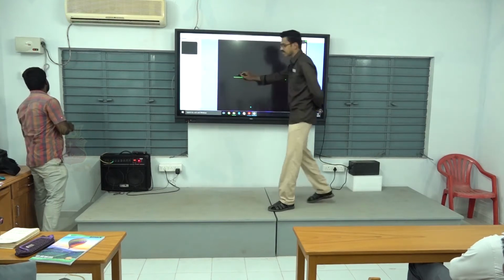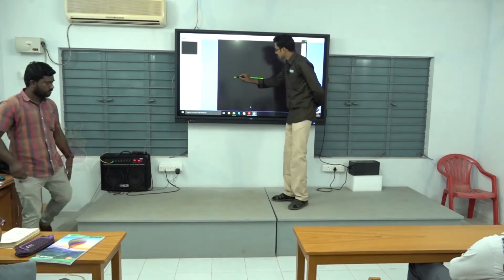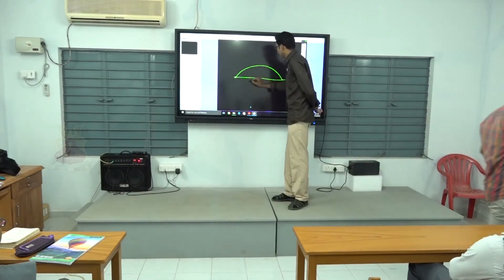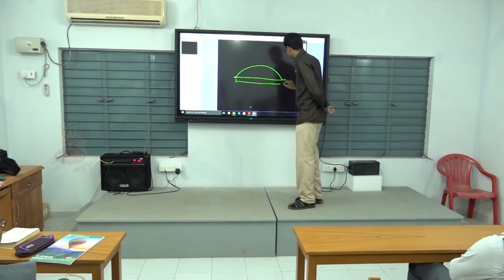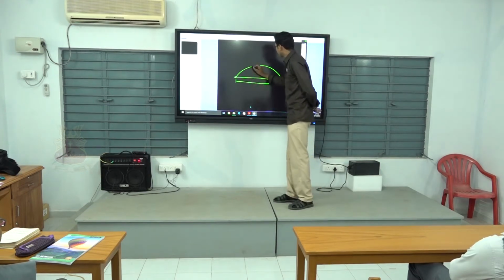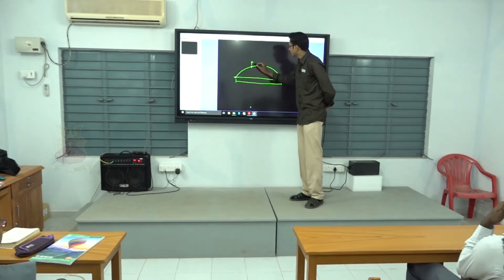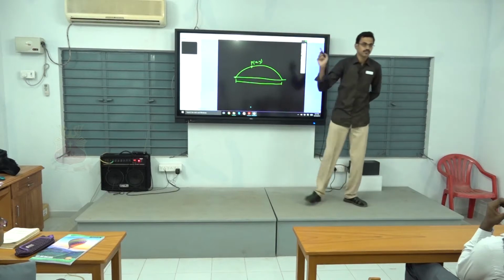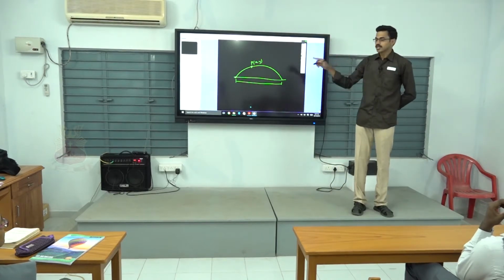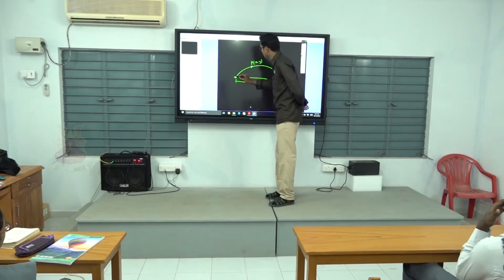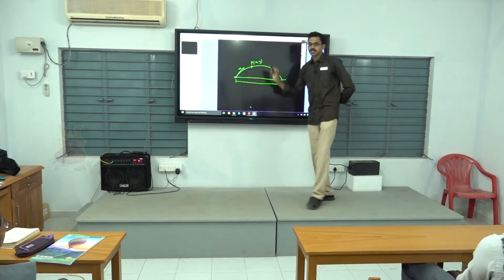If a particle is projected from a point on a horizontal plane, we know it has a range. At any time t, the particle is at a point P of x comma y. Then we know the equations of x, y, and so on. Initially, if the particle is projected with initial velocity u, then we resolve